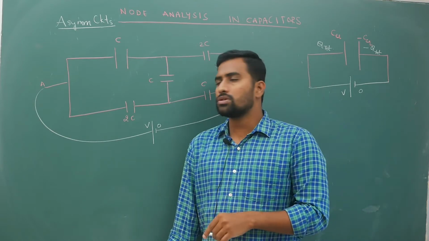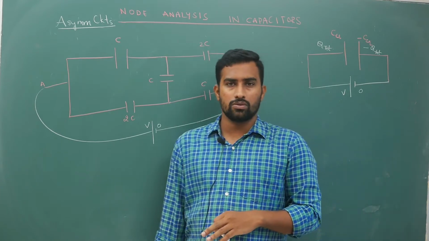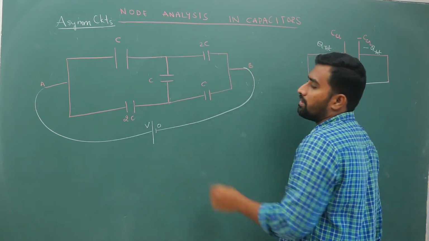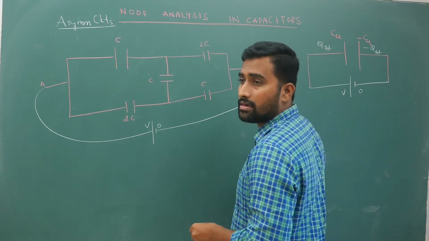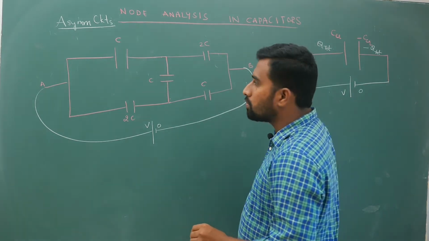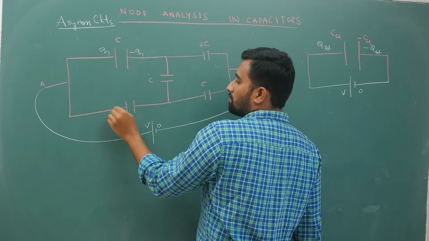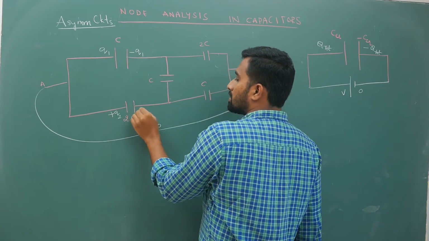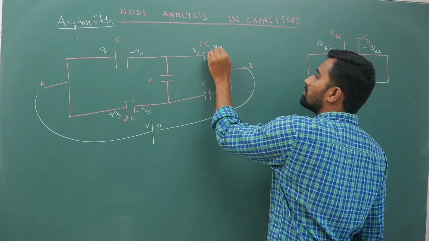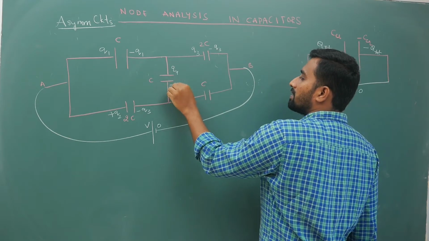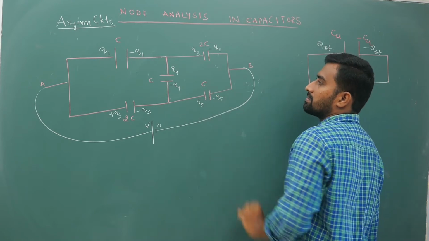To convince you regarding this method and answer, I am going to do this. Now if you connect this V comma 0 volt, your total charge is given like that. Let us say on this capacitor your charge is plus Q1 minus Q1, plus Q2 minus Q2. On this let us say it is plus Q3 minus Q3, plus Q4 minus Q4, and let us say it is plus Q5 and minus Q5 like this.